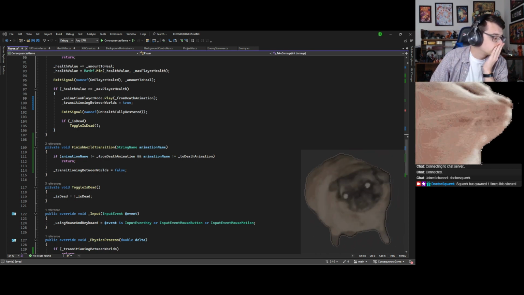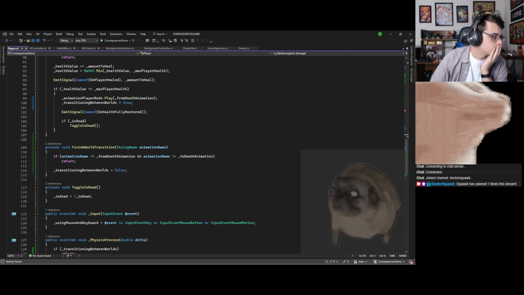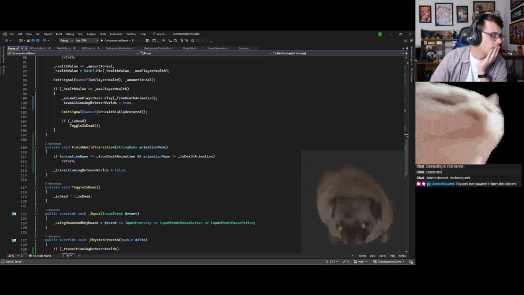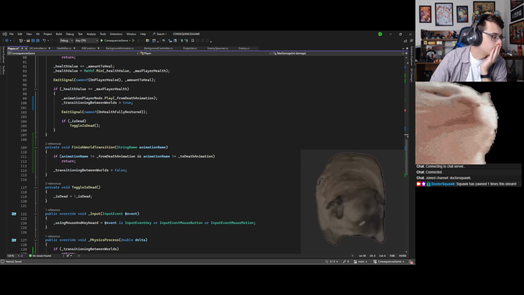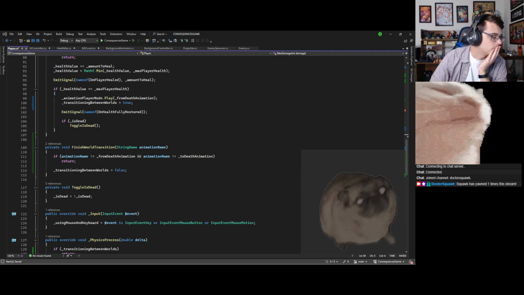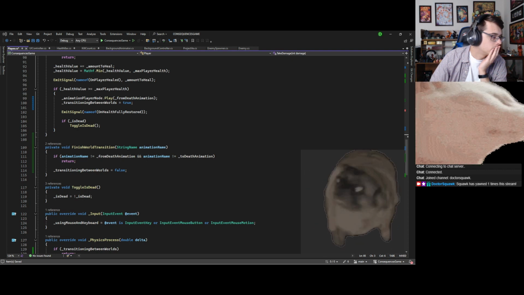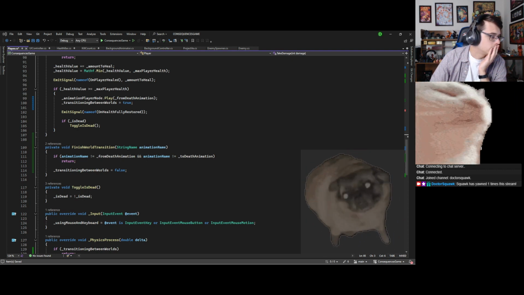Especially in the later arcs. It gets very complex when it starts getting into the politics of the world.